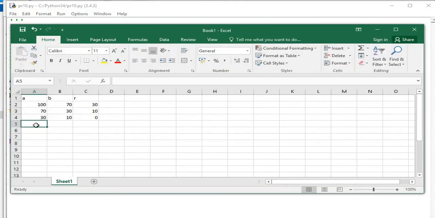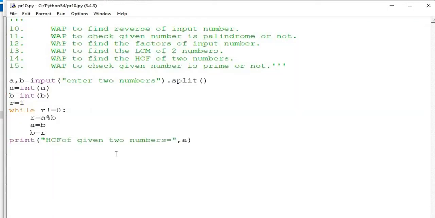So the new value of a will be 10 and b equals the remainder, that is 0. Now it will check r is 0, so it will terminate the program. So now the SCF will be a, that is 10. So this is the logic to find out the SCF of two numbers.